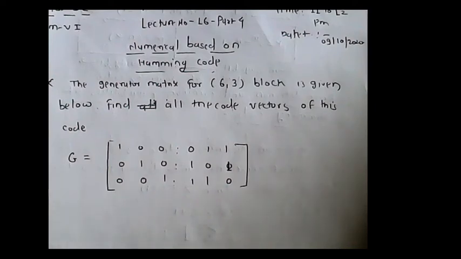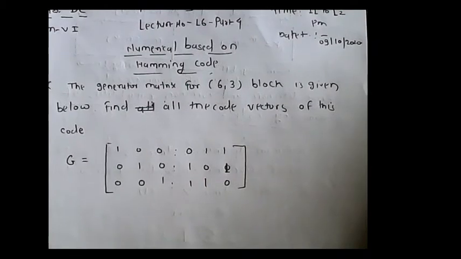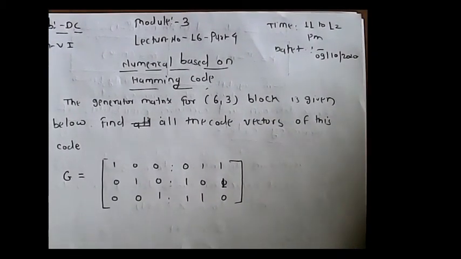Hello everyone. Today I am going to explain numericals based on linear block codes. The best example of the linear block code is the Hamming code, which is the most popular linear block code. In the previous lecture, we discussed the various terms related to linear block codes, basic definitions